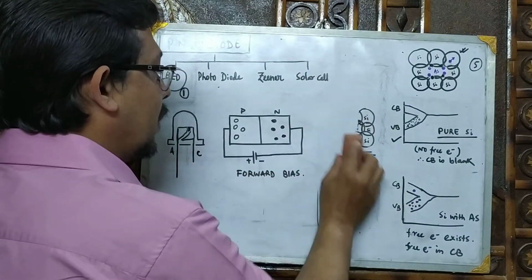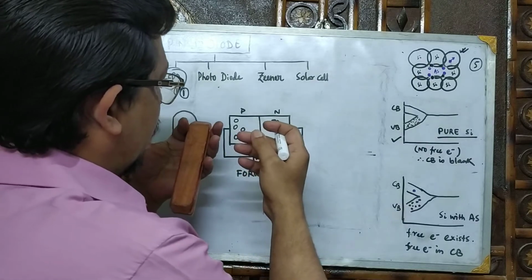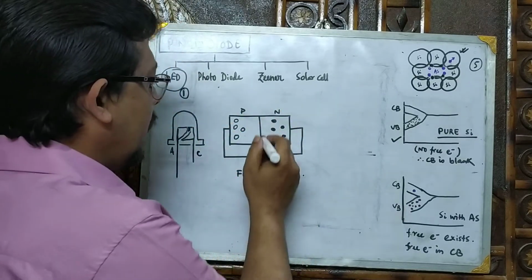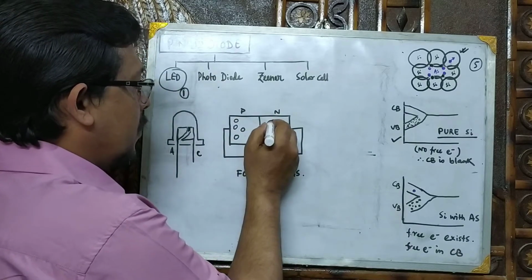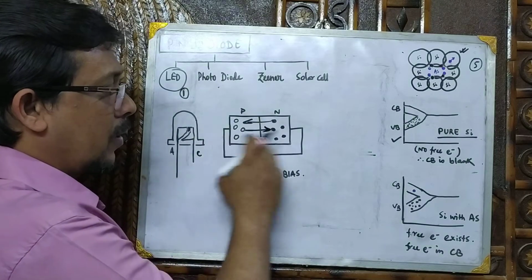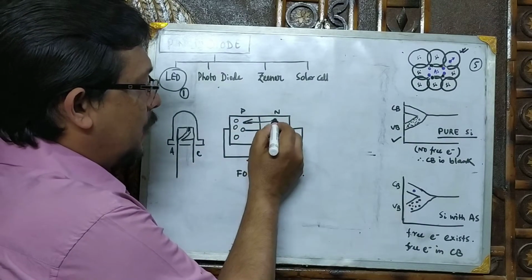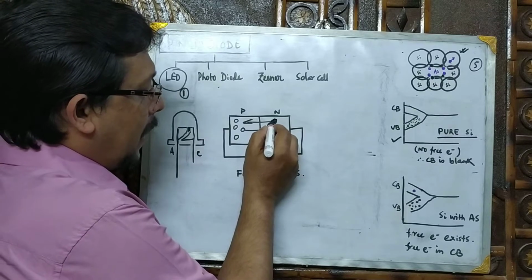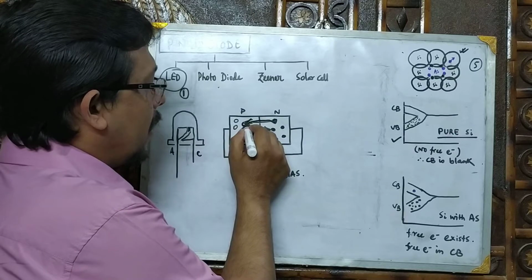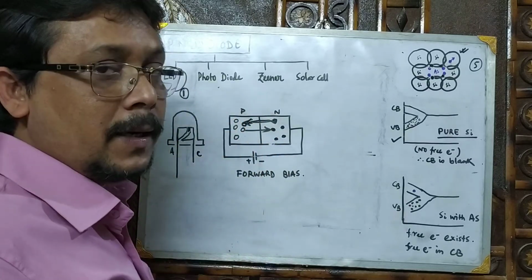This is our forward-bias PN junction diode. In forward bias, forgetting everything else, the depletion layer will vanish, as we already discussed. Suppose the conduction starts. The electrons move in this direction and the holes move in this direction, so the passage is going on. Okay, what will happen? This point is very vital. When an electron from the N-type reaches the P-type, it will recombine with the holes on the P side.